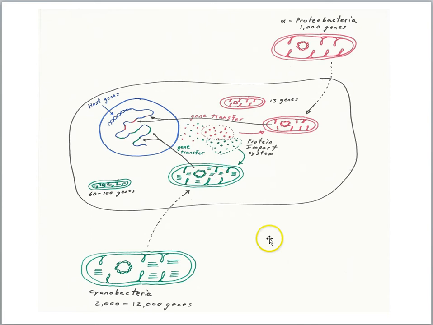So if we were to pluck out a chloroplast or pluck out a mitochondria, it would not be able to survive on its own. And for that reason, we're going to say no. The mitochondria and chloroplasts are not technically alive because they would not be able to survive and be self-maintaining outside of the host cell in which they reside.